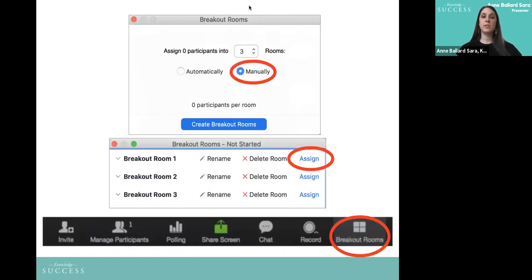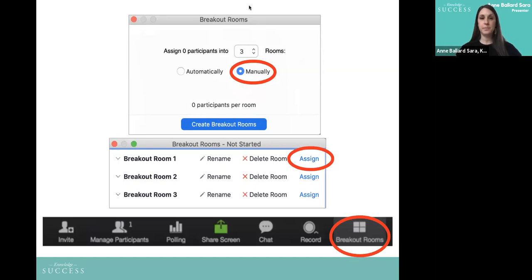So on the next slide, you'll see that you can also host a more traditional knowledge cafe where participants discuss different topics in different breakout rooms at the same time. And you can do this by manually assigning people. You do everything the same as you did for random or automatic assignment, but once you select manual, you can then see another pop-out that comes where you can physically check mark each participant and identify which room you'd like